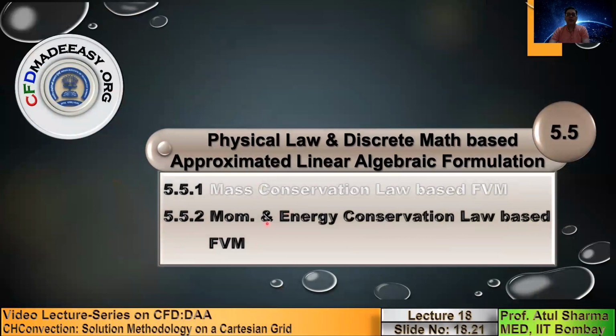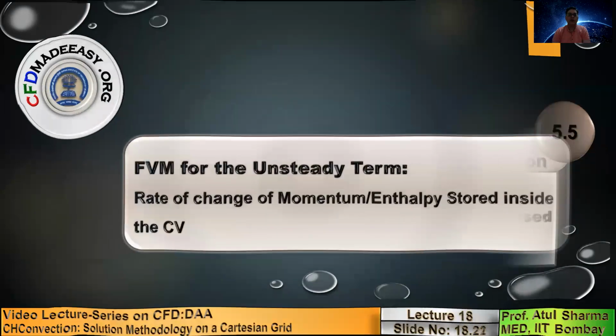From the mass conservation, let us go to the momentum and energy conservation. This is presented together as a transport process, and in this transport process we are using generalized variable diffusion for random motion of molecule based transport, and advection as the bulk motion or the mass flow rate driven transport process. So we'll start term by term.